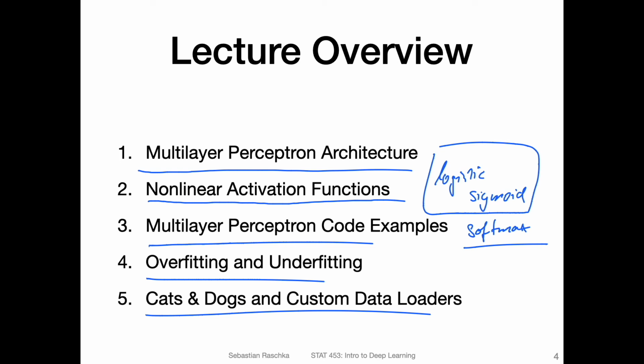Here I will introduce how we can use custom data loaders. That is something I think you will find very useful when you will be working on your own projects where you have your own data sets. Of course, a multi-layer perceptron is not great for image data. For that there are convolutional networks, but introducing one thing at a time, we will first apply our multi-layer perceptron to this cats and dogs problem, and then later we will use convolutional networks to solve it a little bit better. Alright, so that is the overview, and in the next video I will start explaining the multi-layer perceptron architecture.